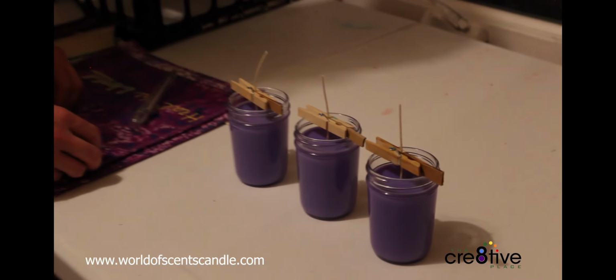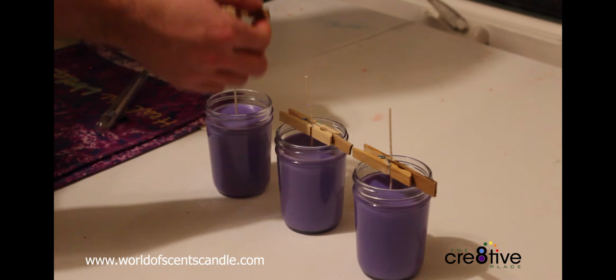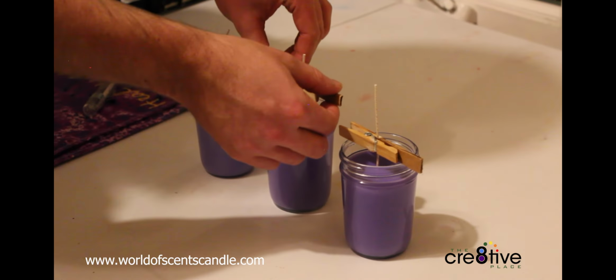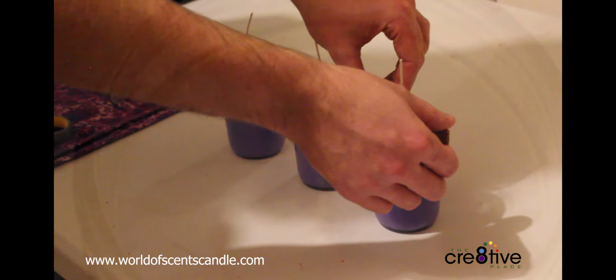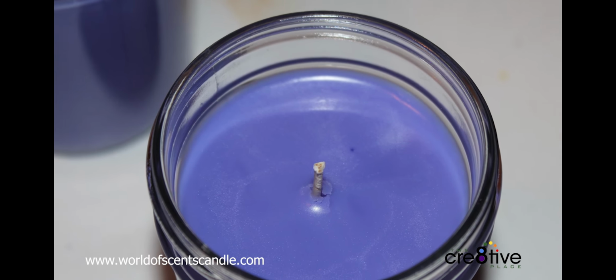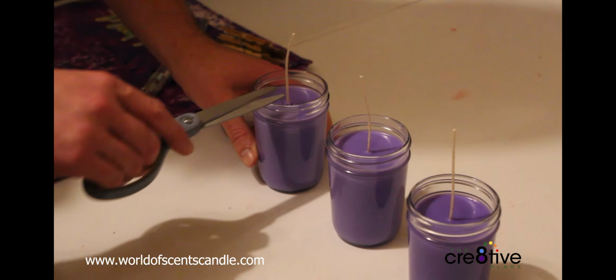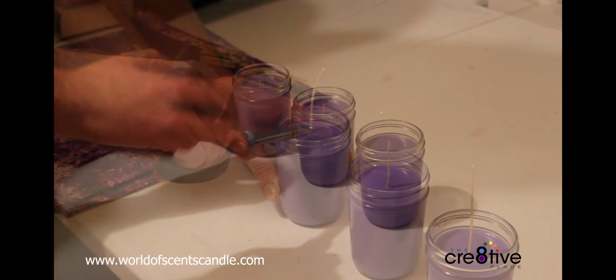Alright, so it's been about 45 minutes now, and these are totally cool to the touch, so they should be solid all the way through. We're now good to take these clothespins off of the wicks here. It looks like everything cooled properly. We've got nice smooth tops on there. All we have to do is trim the wick. We normally want to trim it down to about 1/4 of an inch left,